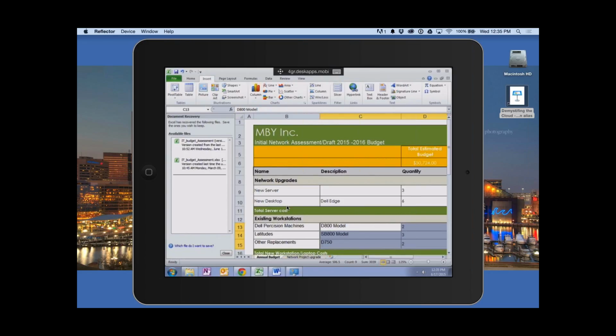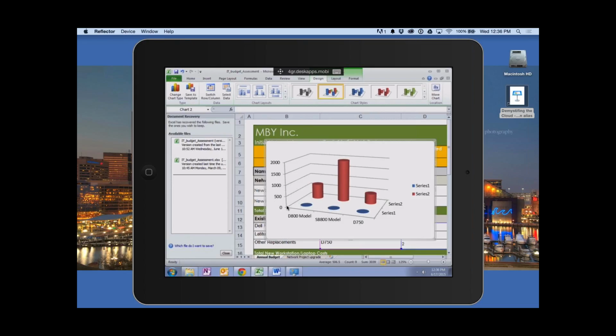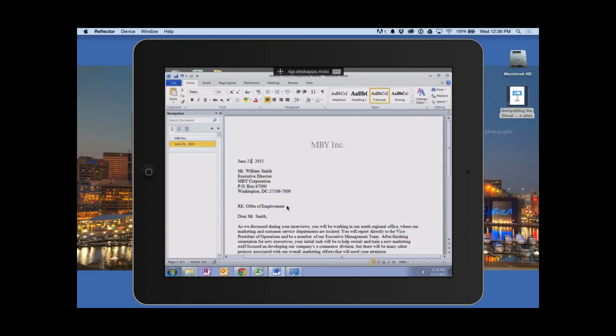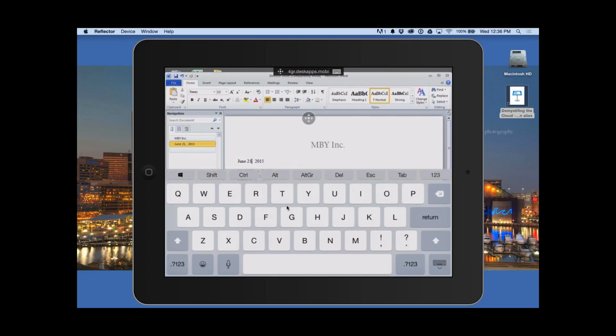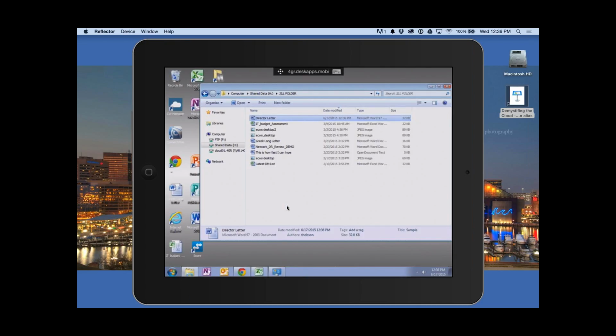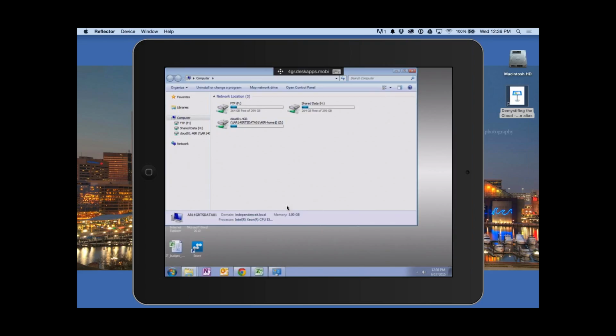They're all there. I can do the same thing. I had a few cells already selected there. I can create a chart in the same manner. I'm using my finger. I don't have a mouse at all, so I'm using my finger as a pointer. I still have access to my keyboard, so I'm going to quit out of here. I'll go back to that letter and bring my keyboard down. Change the date, and save it back out. So all the same things we saw earlier are there for us as well. I have my control panel, I have my computer, I have my H drive I was looking at before.